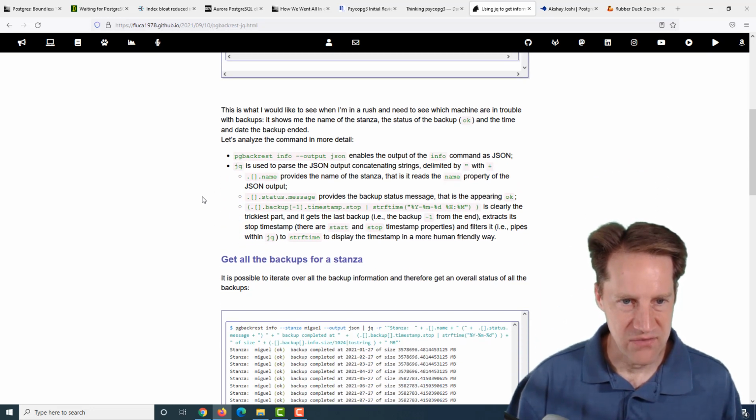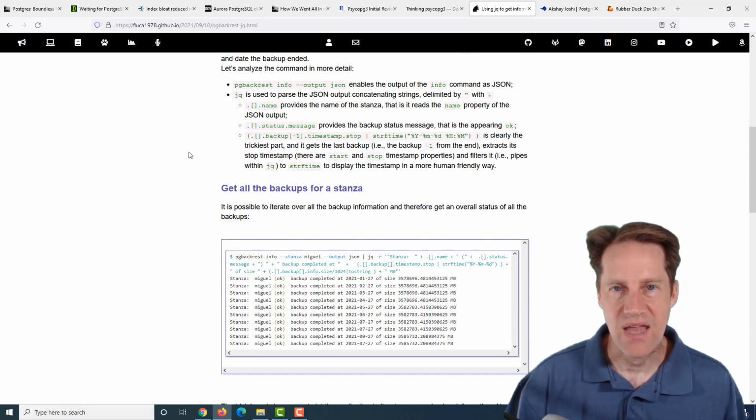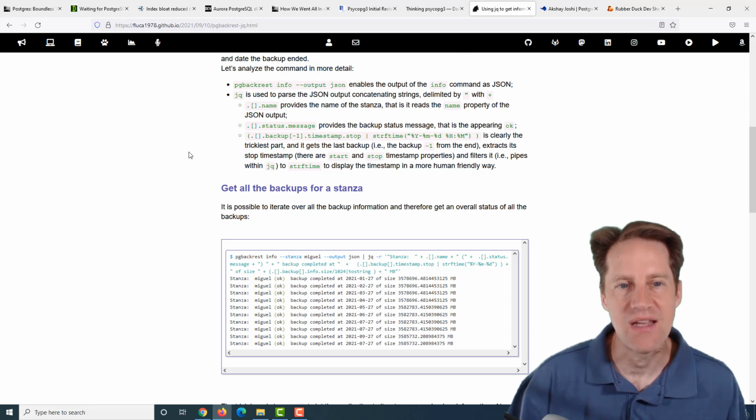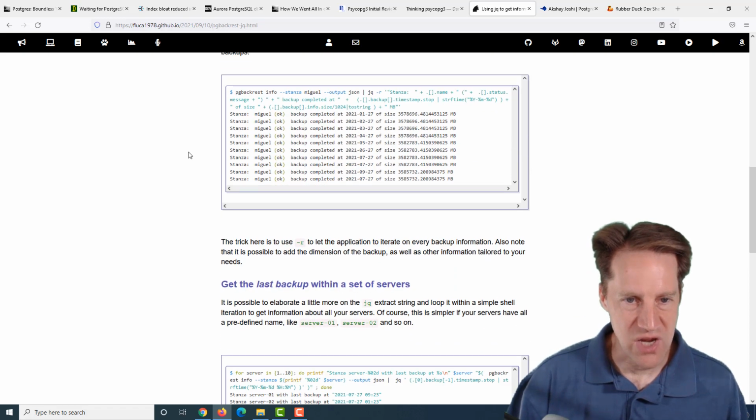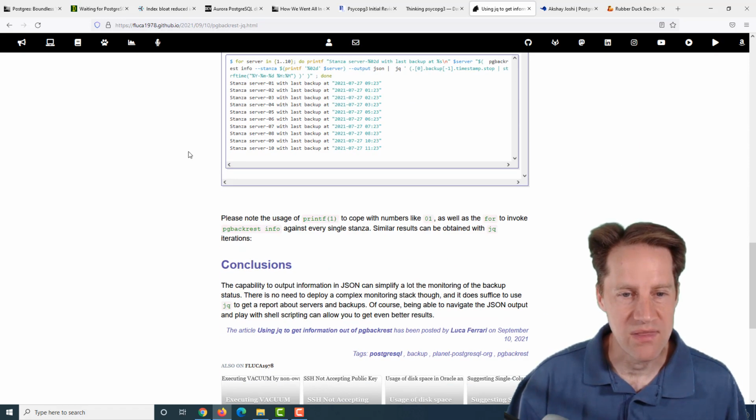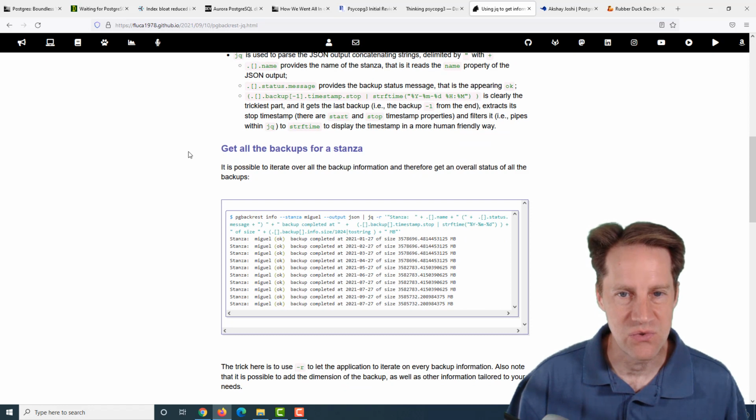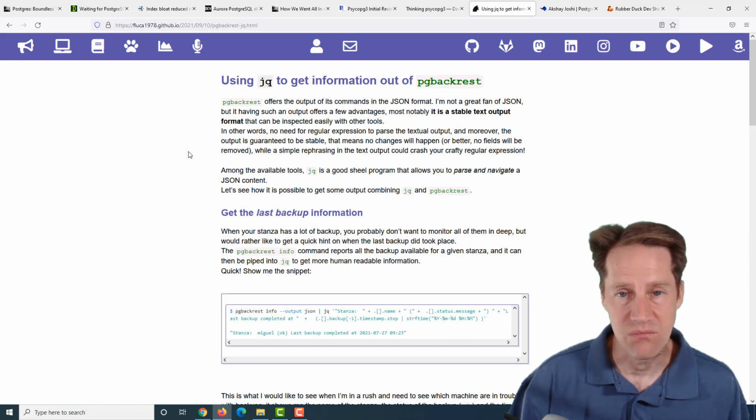Now, I actually have explored something similar because AWS's client, like if you're wanting to do backup or snapshots or things of that nature, also requires a way to parse JSON unless you're forcing the output to be text. So I thought jq was a great tool to be familiar with if you're working with Postgres and need to do some JSON parsing. So if you want to learn more, you can check out this blog post.